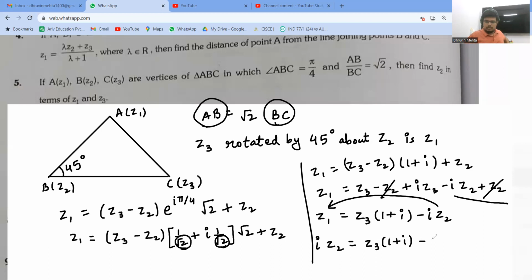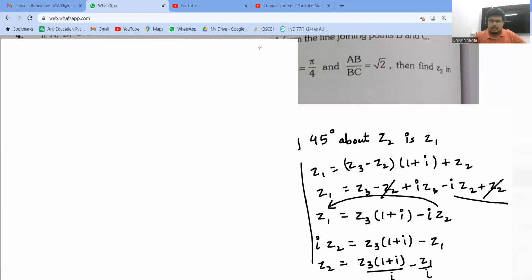Are you following this? तो एक लास्ट स्टेप बाकी रहता है, we'll have to divide by i, Arush, in this. इसको सॉल्व करना पड़ेगा बिकॉज आई कैन नॉट बी केप्ट इन डिनोमिनेटर. So what should we do? Sir, multiply divide by i. So when we multiply and divide by i, we will get Z2 is equal to Z3